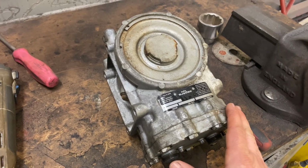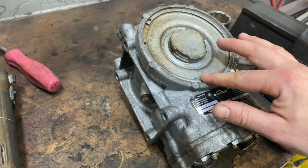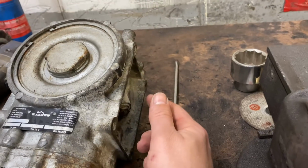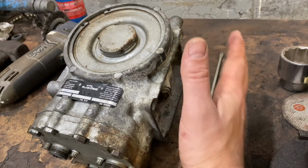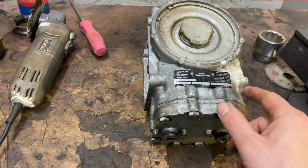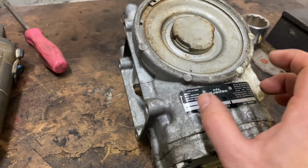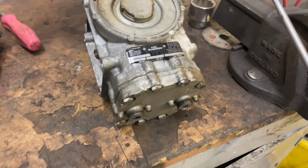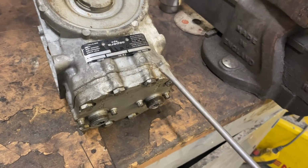So we're going to clean up the AC compressor here. As you can see, a little bit of surface rust there. Really some horrible, nasty, weathered stuff around here where it's just sat right on the top of the engine. One thing I need to do first though is get this badge off, and it looks like it's just pressed onto the body here. So I'm just going to very carefully take my screwdriver